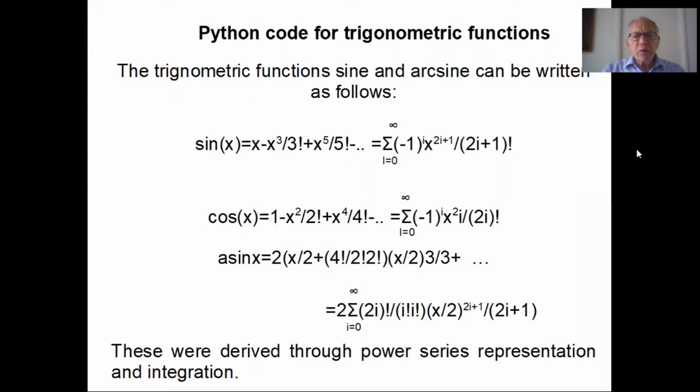So let's begin. I like coding the trigonometric functions particularly well because in the course of doing it, I learned the value of a lot of the formulas that we had been taught and was able to use these in developing programs for these functions. So today we're going to be talking about the sine function, cosine function, and the arctangent. I've shown the power series for each of these functions